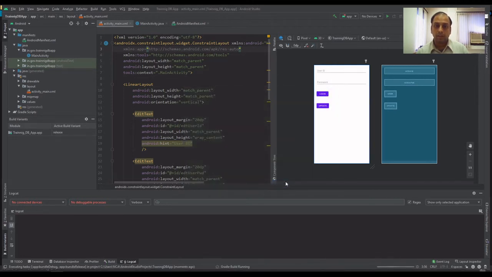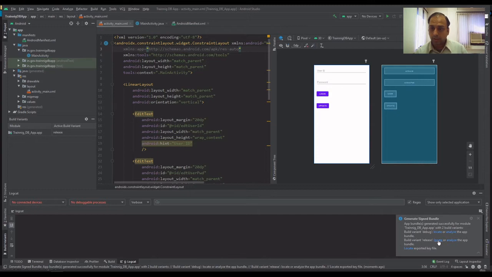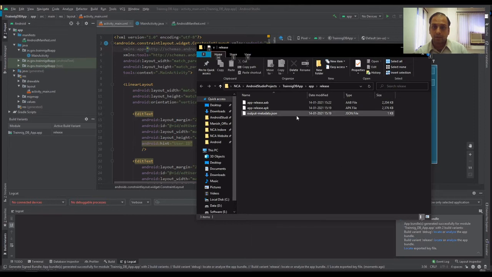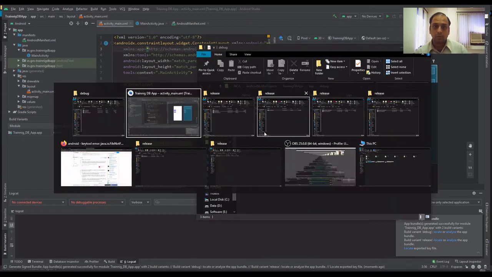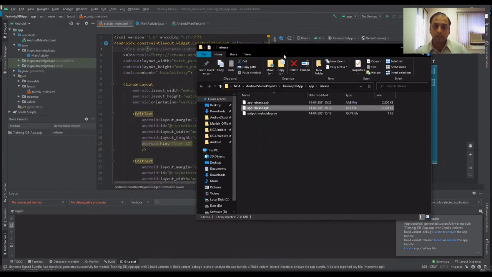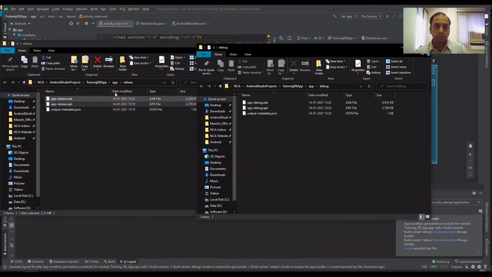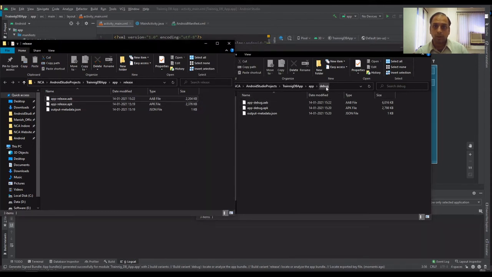Click finish, and it will generate, and it will tell you from where to locate. So click on this box, and here the build variant release is here, and build variant debug is kept here. So we have got these two folders. One is for release, this one is for debug.